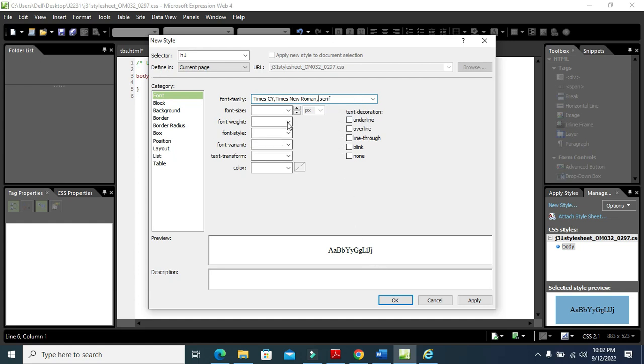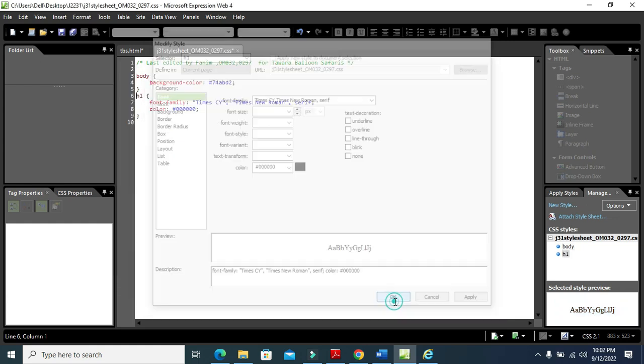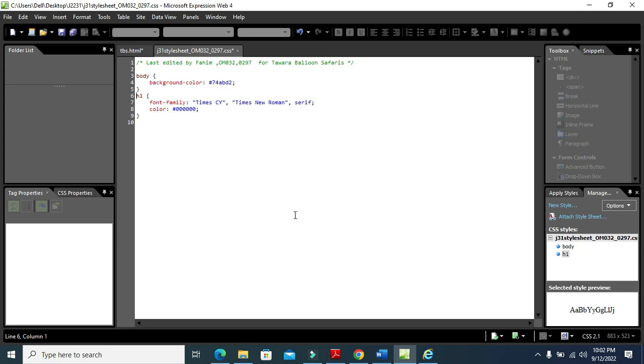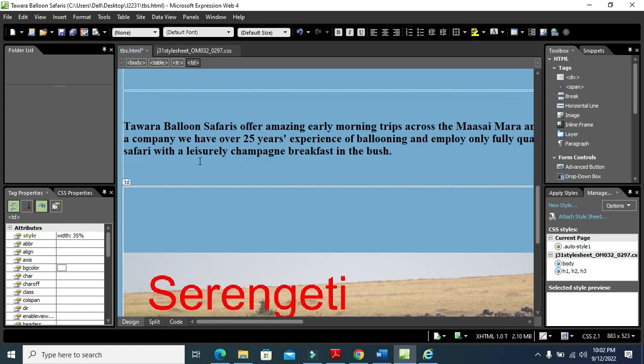Okay, and the font color is going to be black. Apply and OK. So this is what we got here for H1. So as it is going to be for H2 and H3 as well, so I will write H2 and H3. It is done. Now when you just click on save here and go back there, so you will find some changes already appear in your web page,